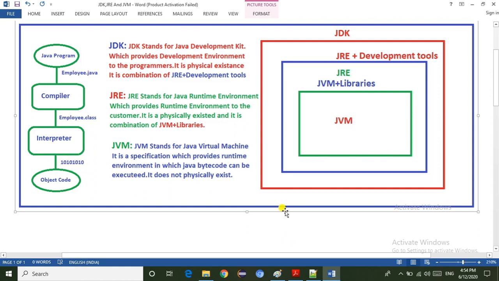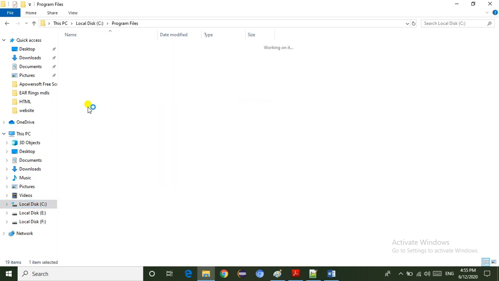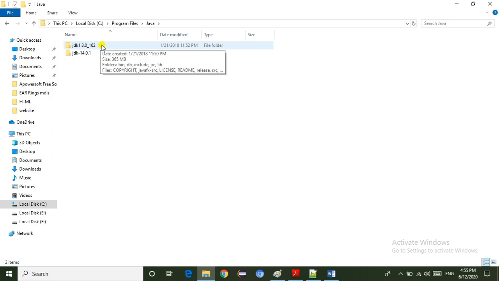Now I am going to show you the physical existence of JDK and JRE. Go to the C drive, then go to Program Files and go to the Java folder. Here we can see the JDK. So JDK is the physical existence.